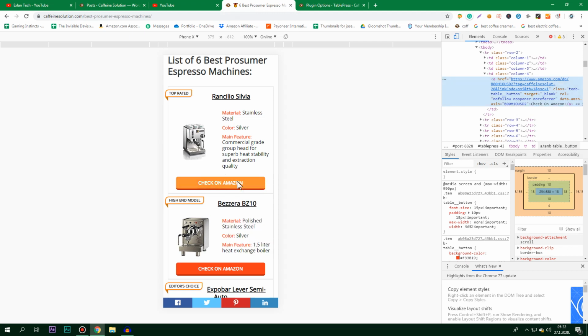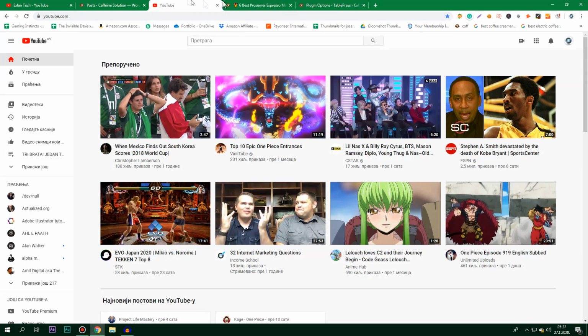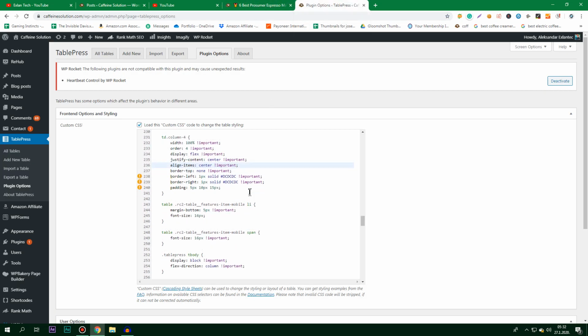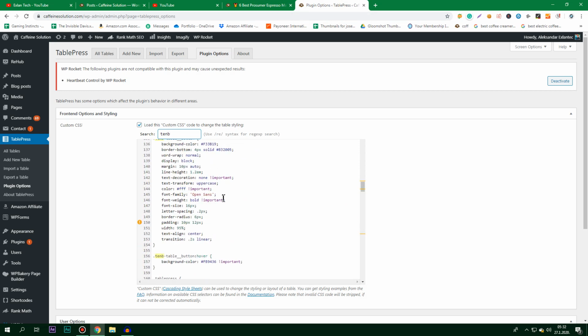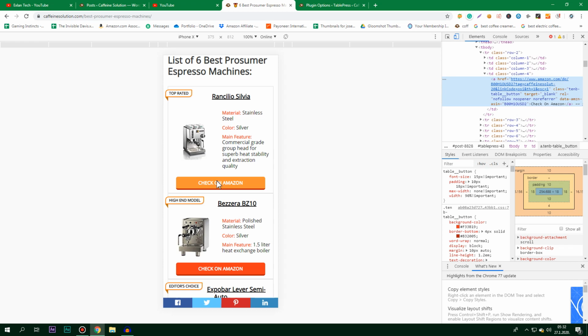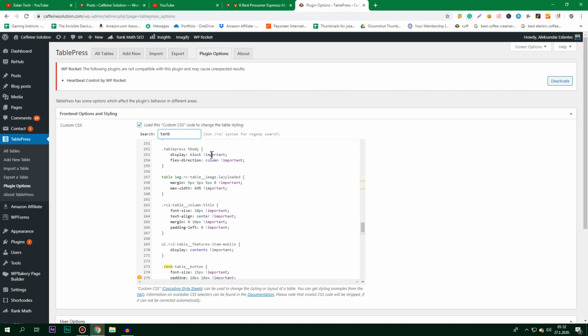You will need to head over here, and then actually you will need to find this here, temp table button, and this is what you're gonna do. Click Ctrl+F here and find temp table button. This is it, and this is the background color, so we'll be able easily to change it on a hover. So if I, for example, move my mouse here and it changes the color, this is called a hover. So I'm gonna find the real color,